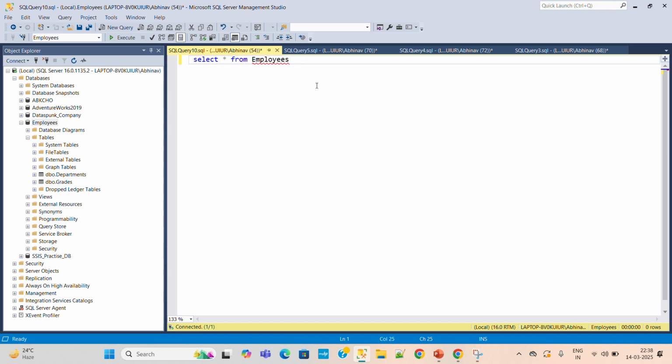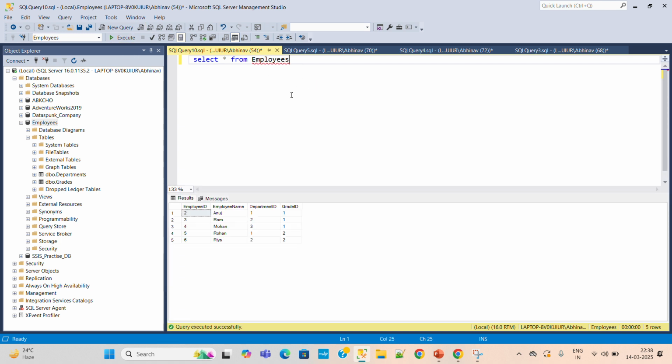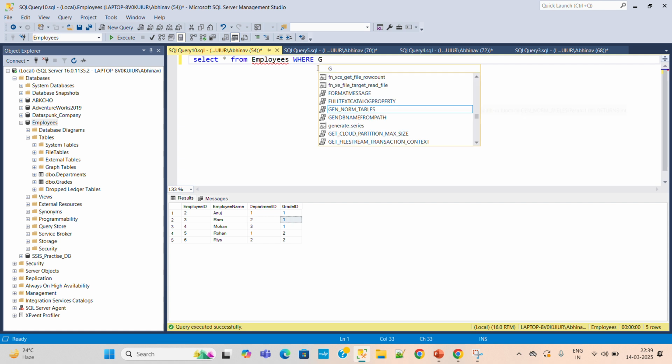Now paste this: select star from employee. Currently star is providing all the records, so all records we are getting. Now what if we want to get only those records which have grade ID as 1? We have a total of 5 records here. Now we want those records. So the where clause is used to filter the records based on a specific condition. So now use where grade ID,